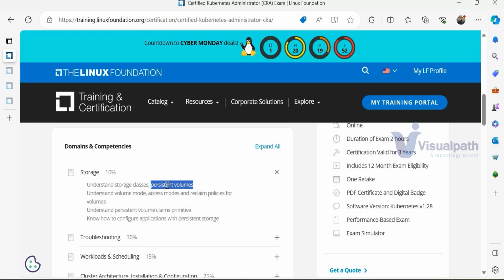Don't worry about this term. It is always expected that whenever we learn new tools or a new platform, we get familiar with new terminology. The first one or two times we are unfamiliar and new to it, but later, when we talk about it day to day and do hands-on work, it is no longer a challenging thing. I'll teach you and give you as much information as possible so that you can understand. So persistent volume means permanent storage.